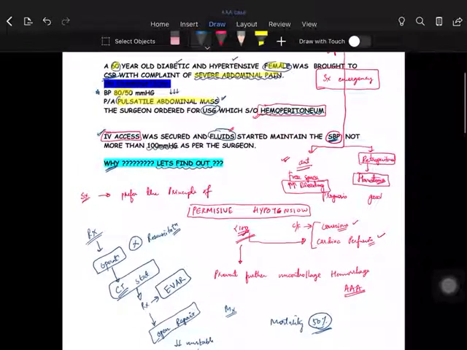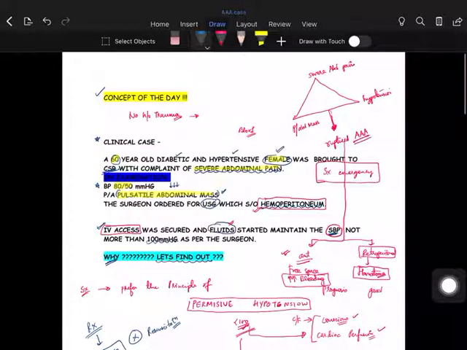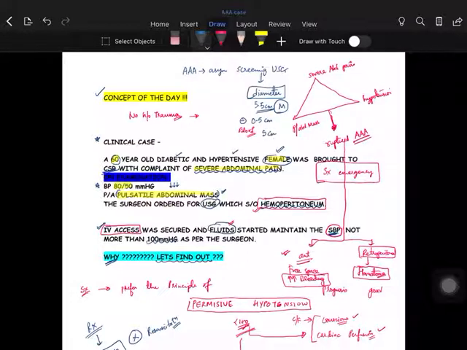The other point is, females are more at risk of rupture. If the abdominal aortic aneurysm is not ruptured, it is asymptomatic, and for screening you do USG and check the diameter of the aorta. The cutoff level we use is 5.5 centimeters for males, but for females we use a lower cutoff, which is 5 centimeters, that is 0.5 less than the males, because they are more prone to rupture.